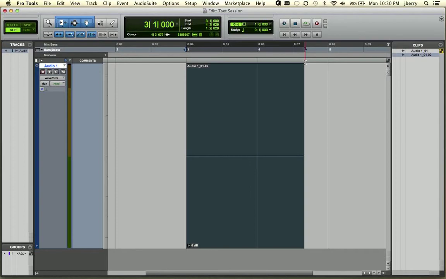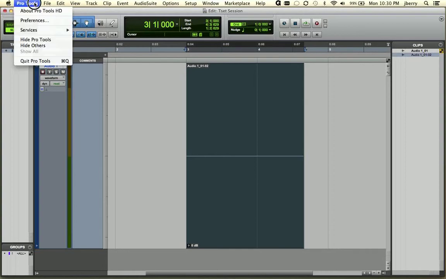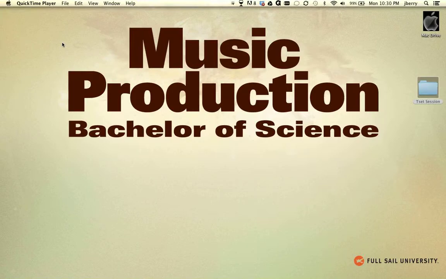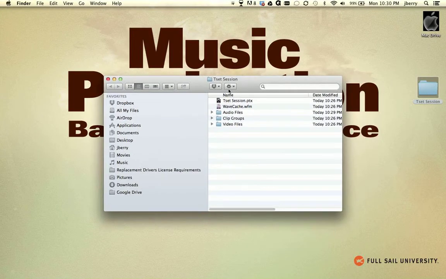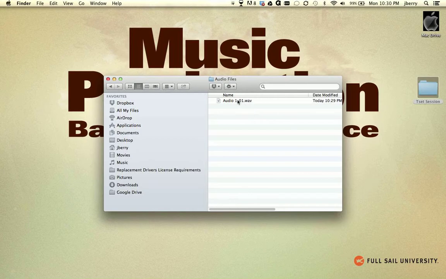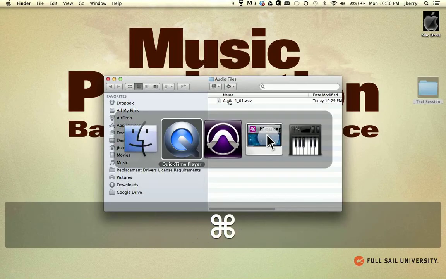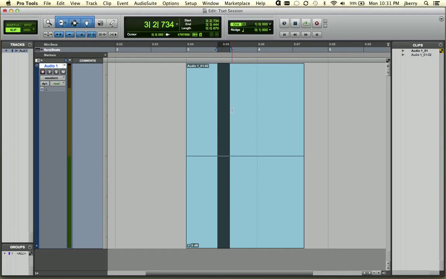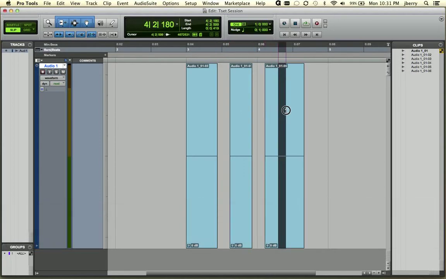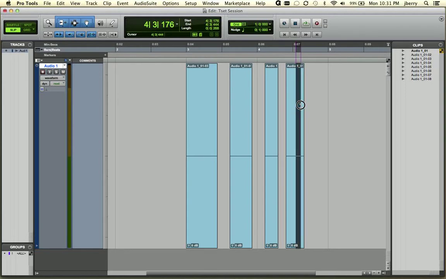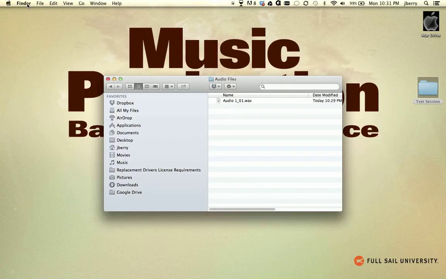So what do we go over here? We talked a little bit about session file management, because all these files are actually stored back to that original Pro Tools session folder. Let's go back and take a look at that now. So inside of the session that we named test session, we have that one audio file. We could have multiple audio regions, which simply mean portions that were edited out or trimmed, and now you can see we've got a bunch of small regions which are just portions or pointers that point back to the whole file. But if you look back inside of the Pro Tools session itself, the session folder,